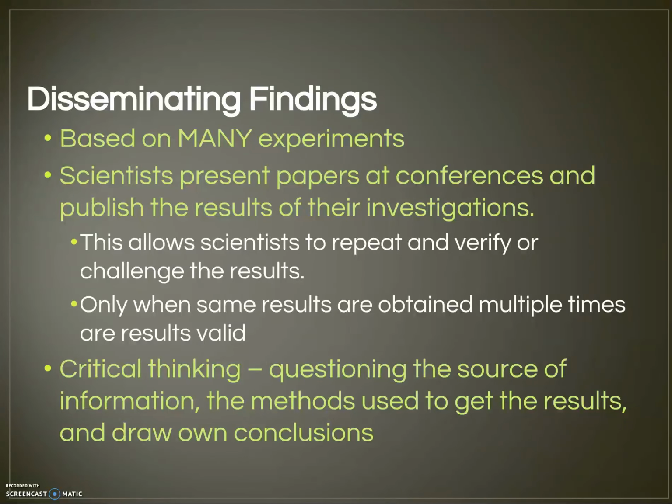Then when we go to disseminate our findings, it's based on many experiments. Scientists present papers at conferences, which allows other scientists to repeat and verify the results. Scientists have to obtain the same results multiple times, and then they're considered valid. Critical thinking is questioning the source of the information and the methods used to get the results, and drawing your